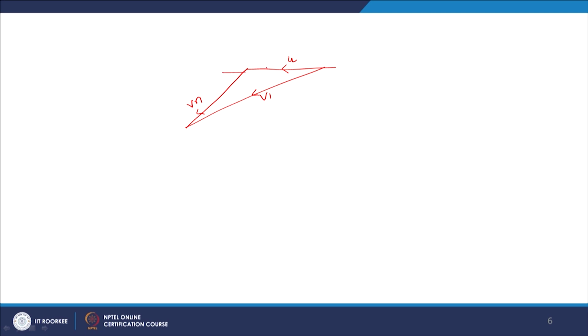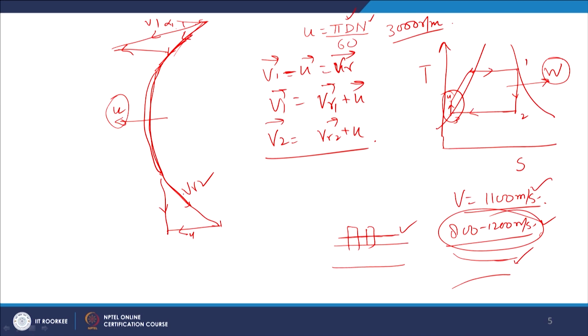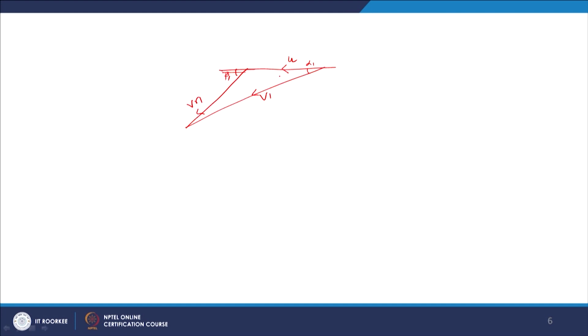Now, this is obviously blade inlet angle, which is denoted by beta, and this is nozzle inlet angle, which is denoted by alpha. Now, if you look at the exit side also, we have this VR2, U and then V2, and for this also we can draw a triangle like this. This is VR2 and this is V2. So, VR2, this angle is known as beta 2, blade outlet angle, and this is nozzle outlet angle.